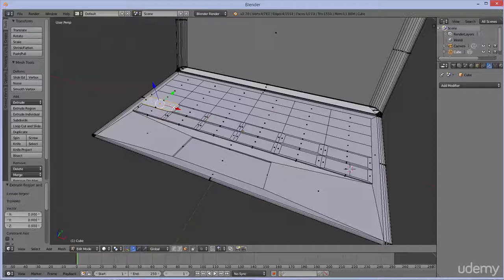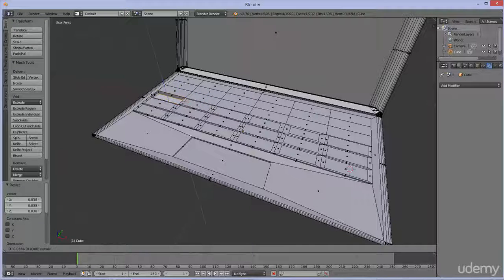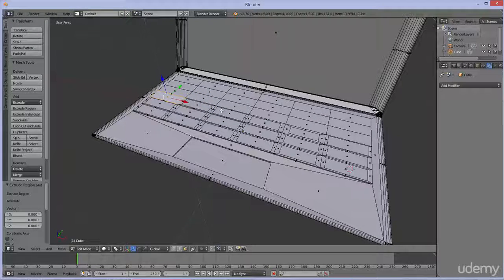But sometimes you just have to do things manually. So E to extrude and scale it in. E to extrude, scale it in. E to extrude, scale it in. E to extrude, scale it in. E to extrude, scale it in. And one of the things that you'll know,